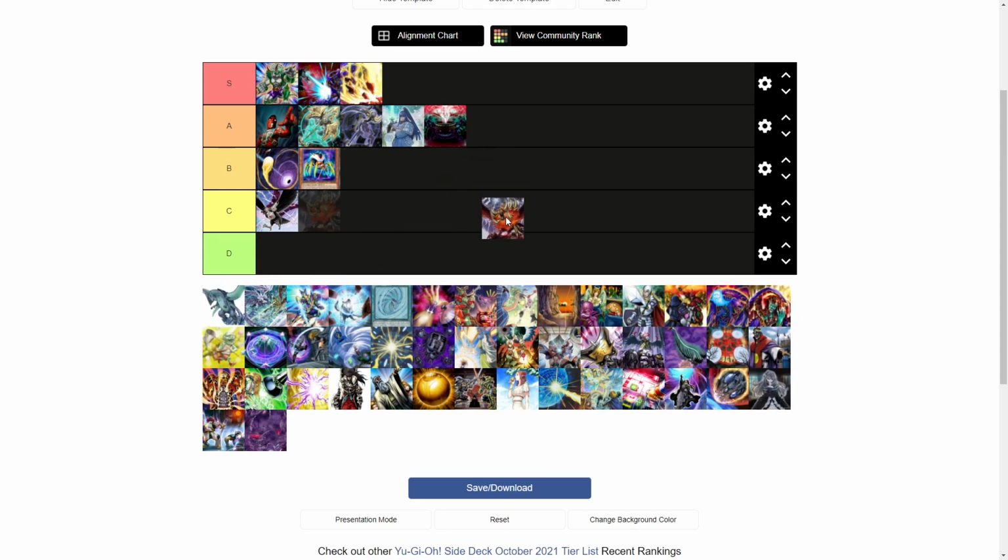Beast King Alpha, so this card I really like it, but I'm actually going to put it in D tier, and this is a hot take, I know. So this is the problem with Beast King Alpha. It's a couple of things. Firstly, because of the way the card is, it's so horrible